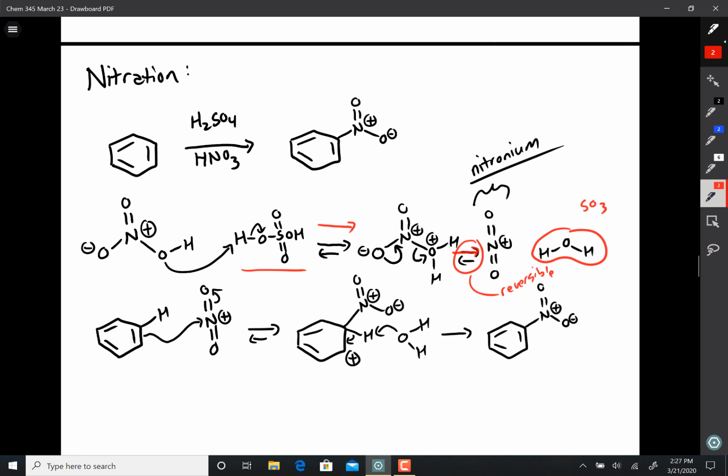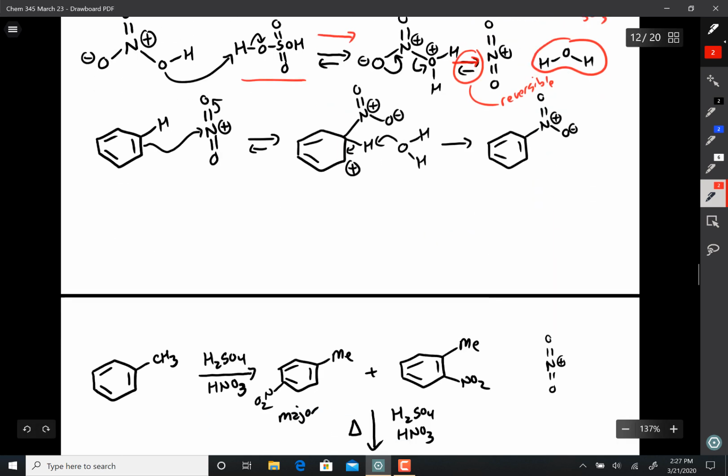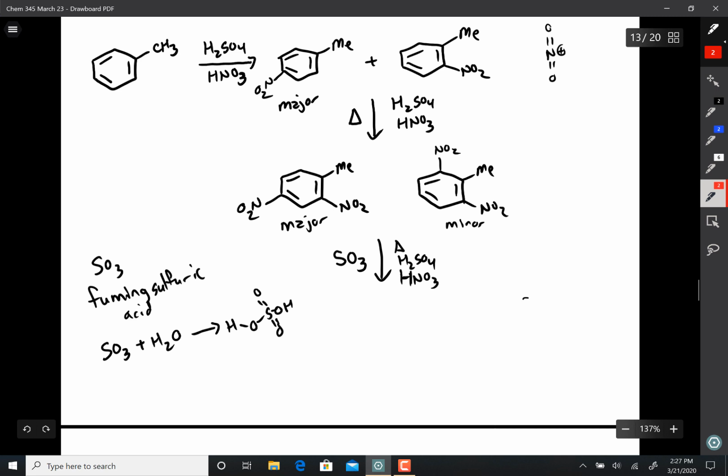So it's essentially increasing the concentration of the nitronium ion. In a way, it's increasing the lifetime of it, giving it much more chances for even deactivated rings, such as this, to react. And what that can do